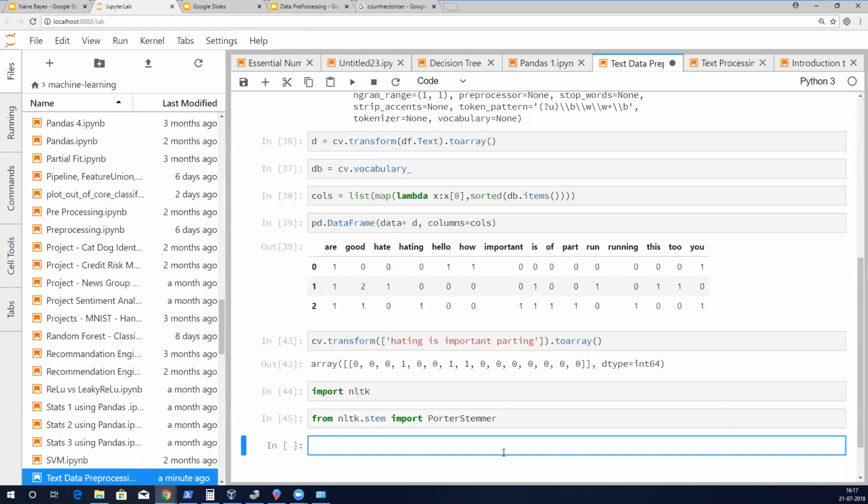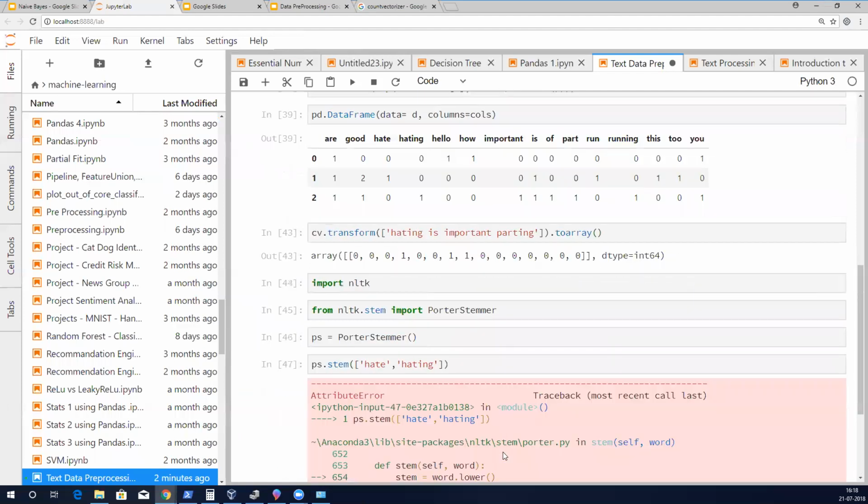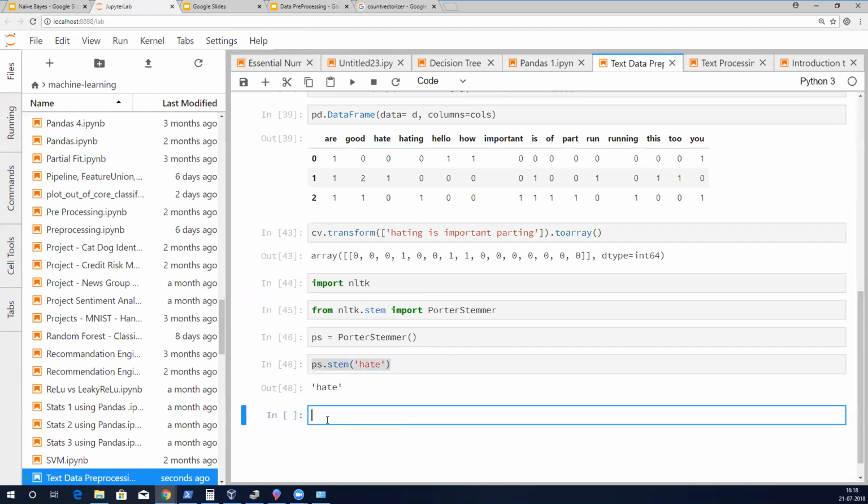For example, ps equals PorterStemmer, then ps.stem. Stem of hate is hate. Stem of hating is